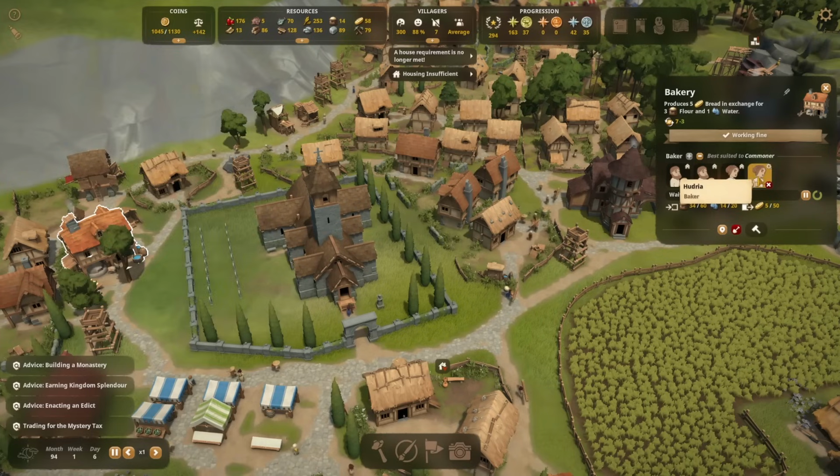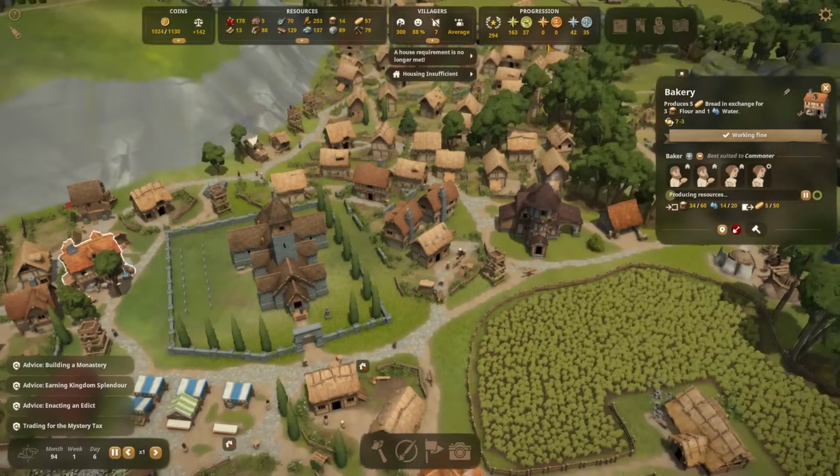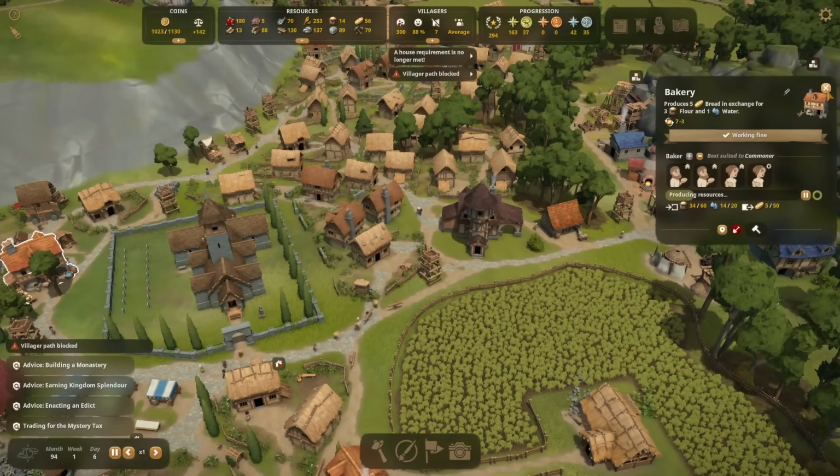So right here we have somebody who's a serf. We need to get them up, so that way now it's 100%. There is another way to do this, too. You can do it through the bailiff and I think through the book as well. There's a couple of different ways, but